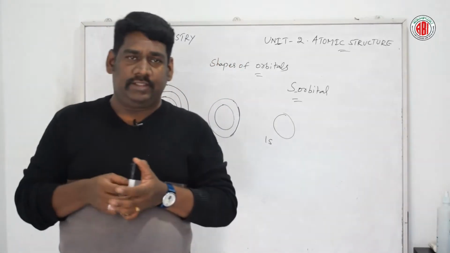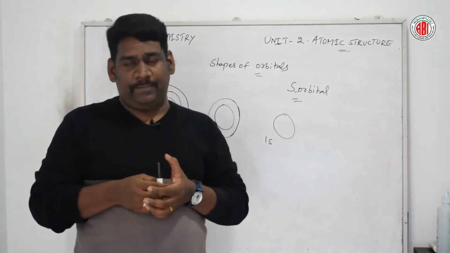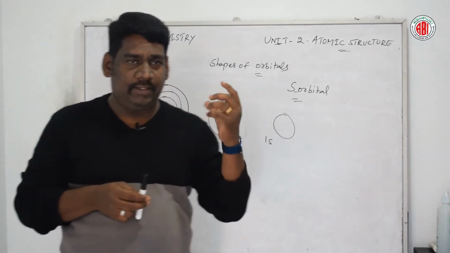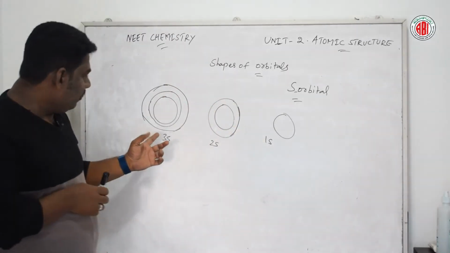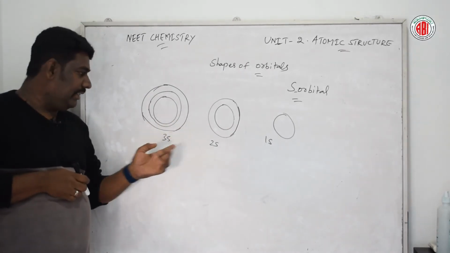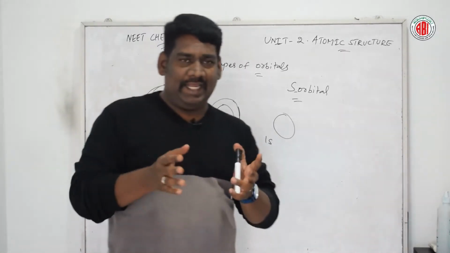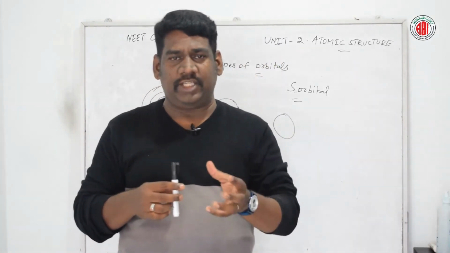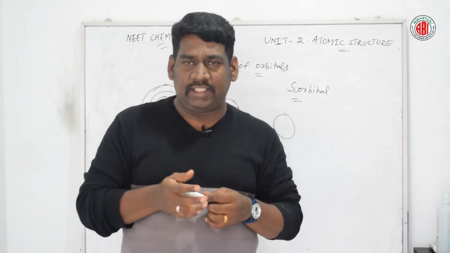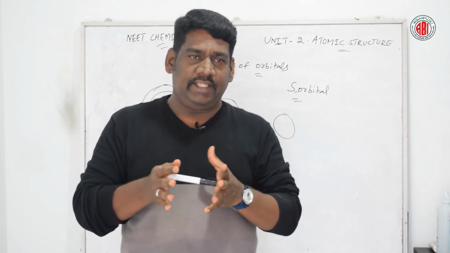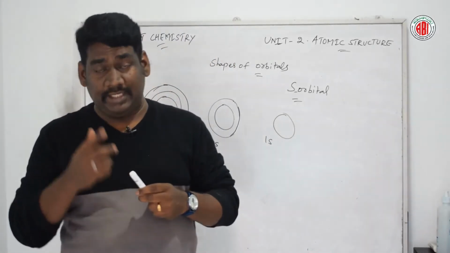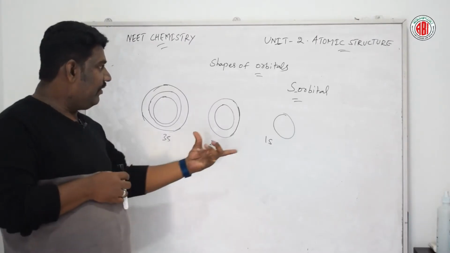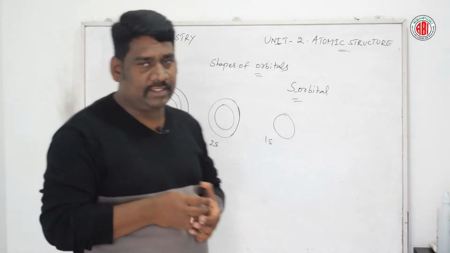The nodal surface or node is where the probability of finding the electron is practically 0. Compared to this, in 3s we can see the nodal region or node as well. The higher s orbitals have a similar spherical shape, and the number of nodal surfaces in an s orbital for any given energy level is n minus 1, where n represents the energy level. These are the different shapes of the s orbitals.